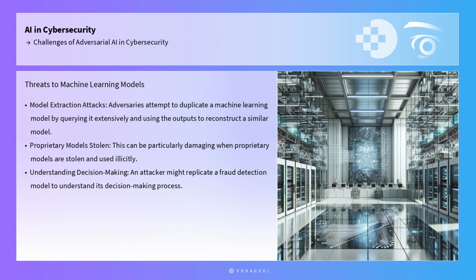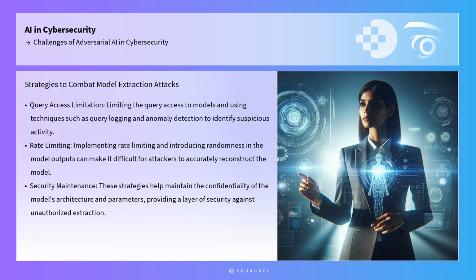In addition to adversarial examples and poisoning attacks, the threat of model extraction attacks looms large. In these attacks, adversaries attempt to duplicate a machine learning model by querying it extensively and using the outputs to reconstruct a similar model. This can be particularly damaging when proprietary models are stolen and used illicitly. For example, an attacker might replicate a fraud detection model to understand its decision-making process, allowing them to craft fraud attempts that evade detection. To combat model extraction attacks, professionals can deploy strategies like limiting the query access to models